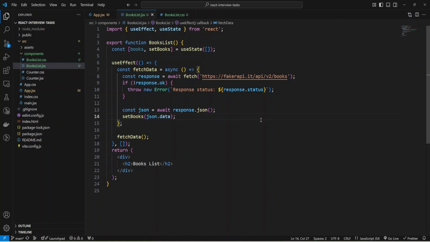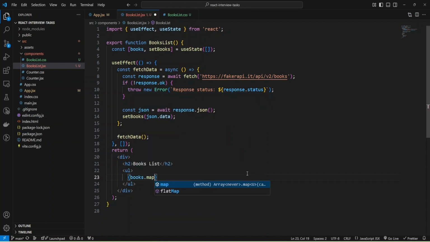Okay, and now we can create JSX for our list of books, and I'll keep it simple for the interview. That would be enough. I'm going to create an ordered list, and for each element of the list, I'm going to iterate through the array. We have an array of books, and I'm going to use the map function of the array.